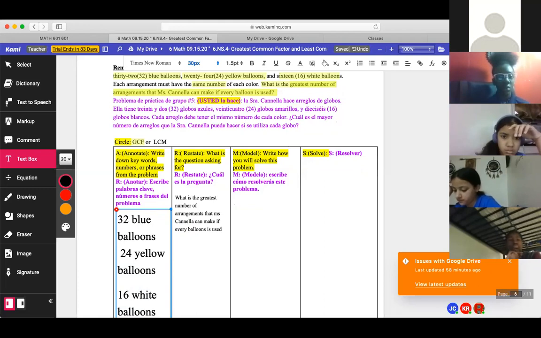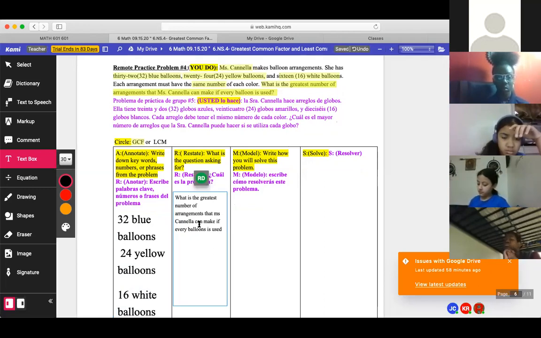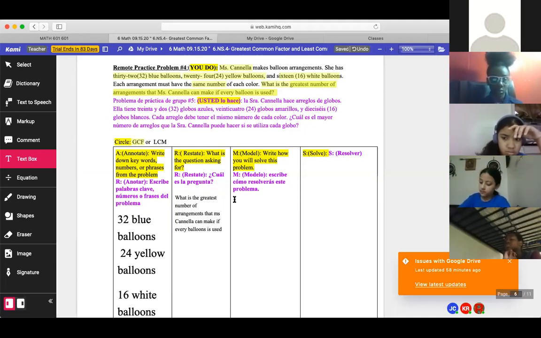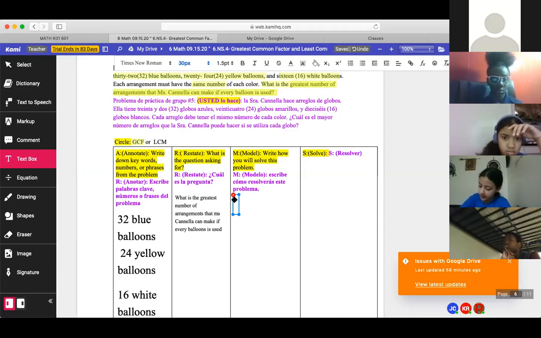All right, Leah, what is the question? Yellow balloon. Okay, so you have to find out the greatest number of arrangements that I can make, right? Leah, how are we modeling? How are we gonna model it? What is the greatest number of